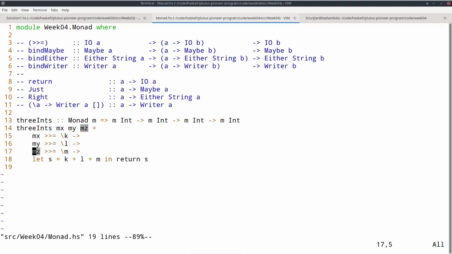So return says you must have a way, given a pure value a, to produce a computation of this type with return value a that does not make use of the superpower of the special feature. So it's an I/O action that doesn't have any real-world side effects, or a potentially failing computation that doesn't fail, or a potentially logging computation that doesn't log. So that's return. It turns a pure value into such a value in that type of computations.